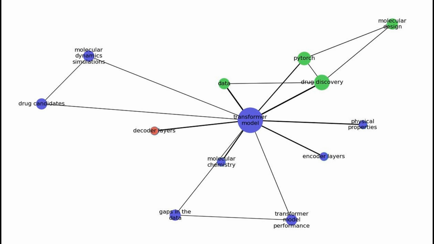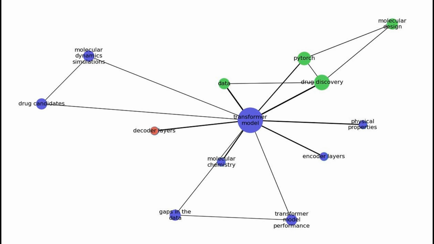When it comes to drug discovery, this model can generate potential drug candidates tailored for specific targets, like proteins or genes linked to diseases. After these candidates are created, researchers can use further computational methods, like molecular dynamics simulation, to see how these candidates would behave in real biological settings. This step is like testing a new dish in a restaurant to see if customers enjoy it. By combining the transformer model's creative capabilities with these advanced computational techniques, researchers can refine and select the most promising